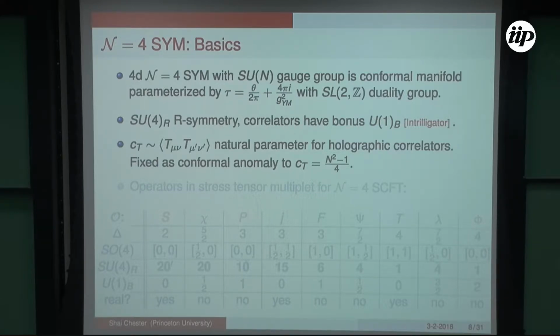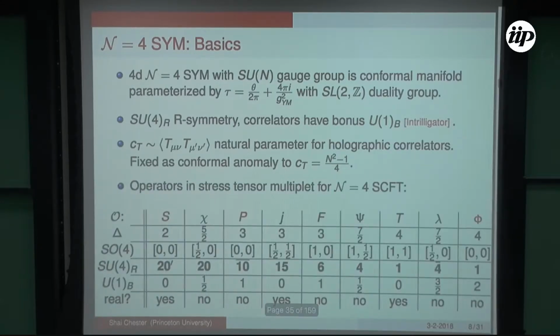For N=4 super Yang-Mills, the relation is quite trivial because C is in fact just the conformal anomaly and is fixed basically to be the dimension of the group. Okay, so you don't have to carefully study this table. It's very complicated. The only ones you should really pay attention to is the bottom component, which is a dimension